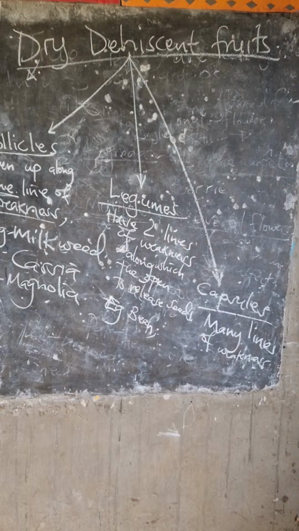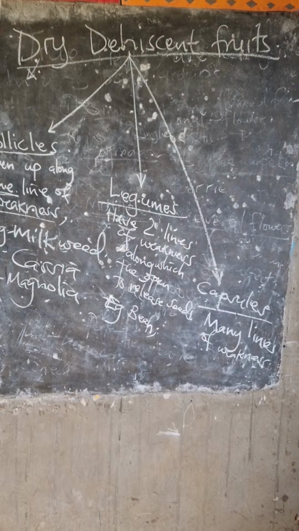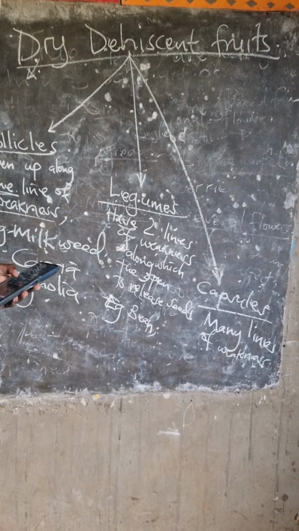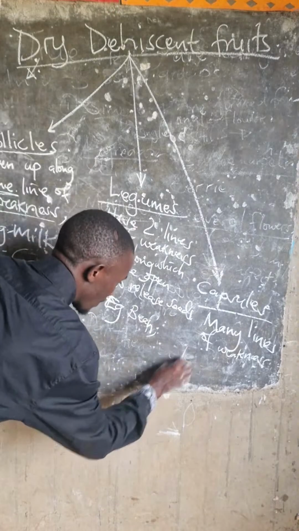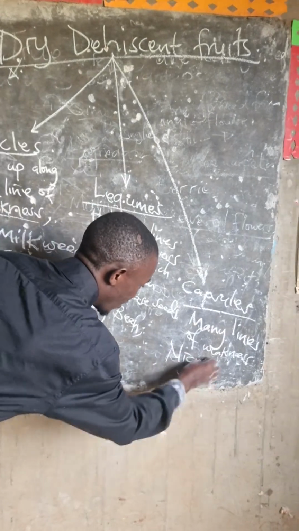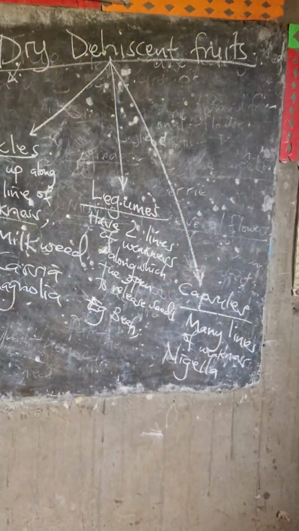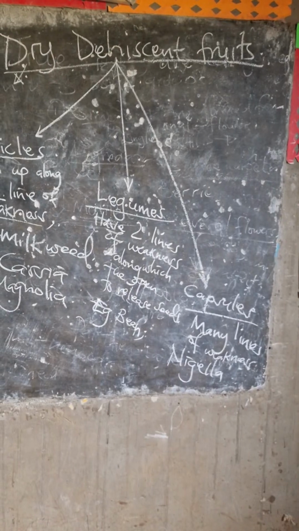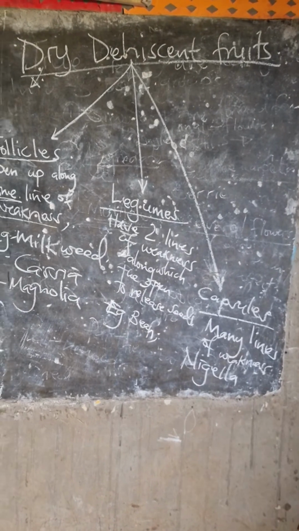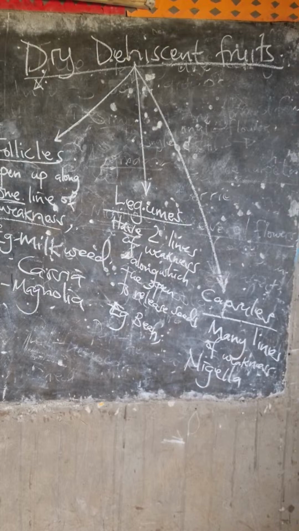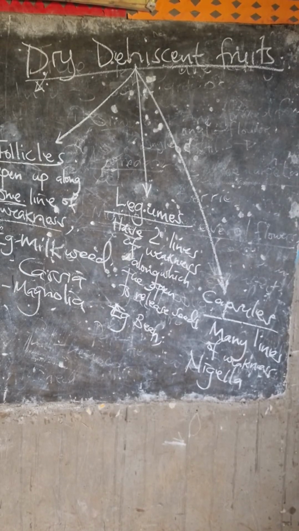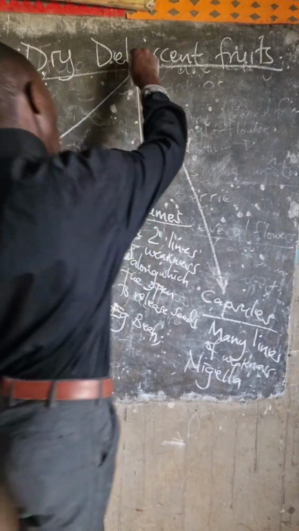So you can give many examples: the castor oil, the cotton fruit, the eucalyptus fruit, the mahogany fruit, the nigella fruit. There are very many. The castor oil fruits open up along many lines of weakness to release the seeds. And sometimes